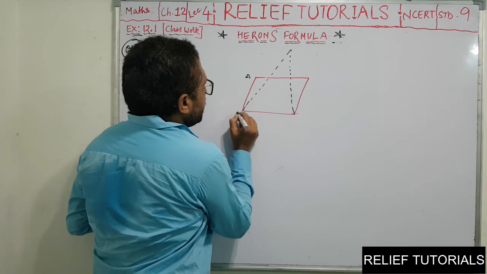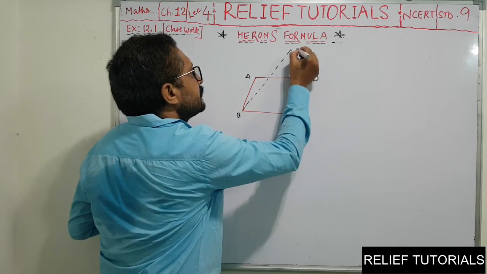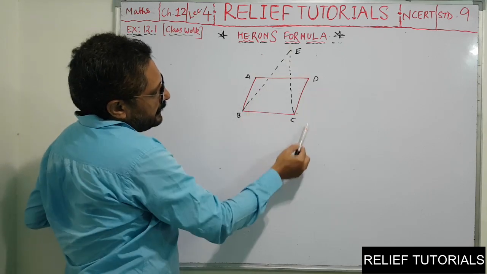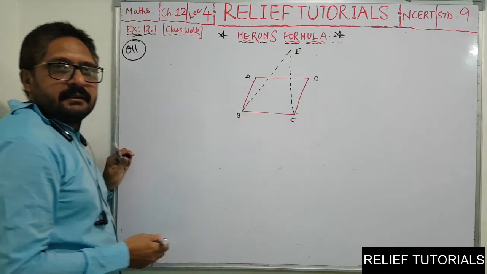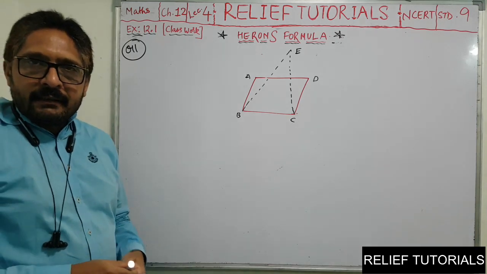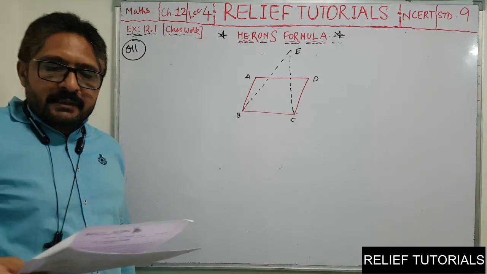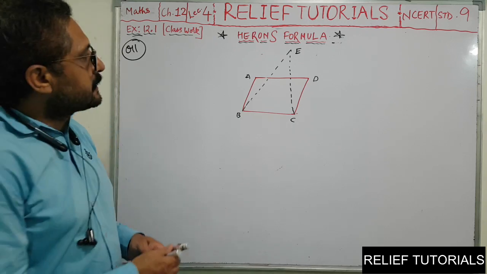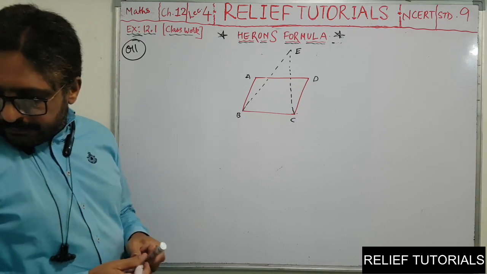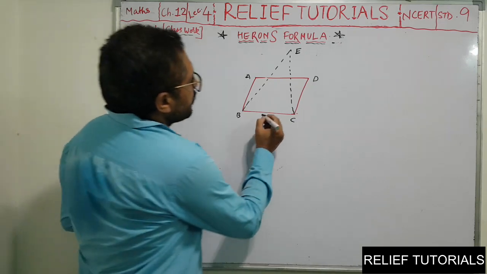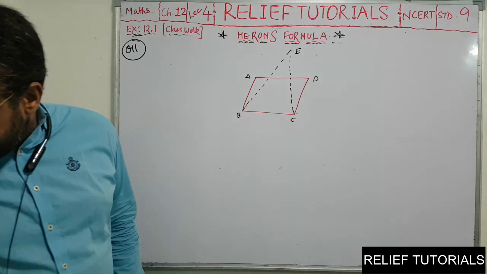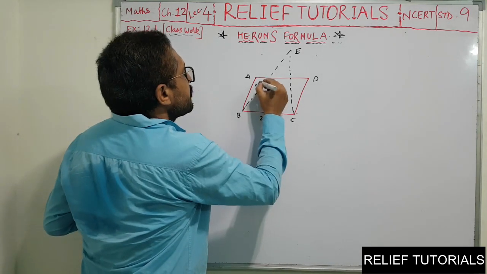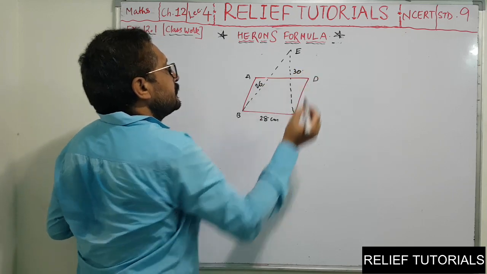So for example, I say A, B, C, D, and this is E. So parallelogram ABCD and triangle EBC both have the same base, that is BC, and their areas are the same. So parallelogram and triangle have the same base and same area. If the sides of a triangle are 26, 28 and 30, so sides of a triangle are given here, 26, 28 and 30, and the parallelogram stands on the base 28. So this base is 28, it is given. This is 26 for example, and this is 30.